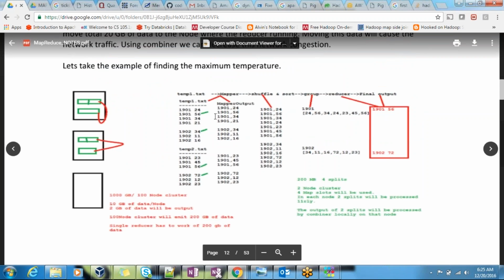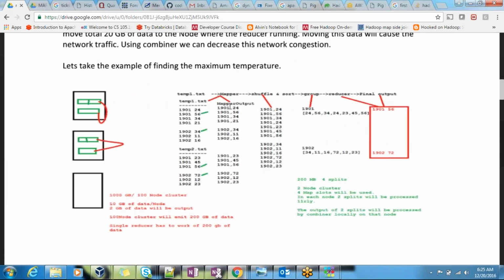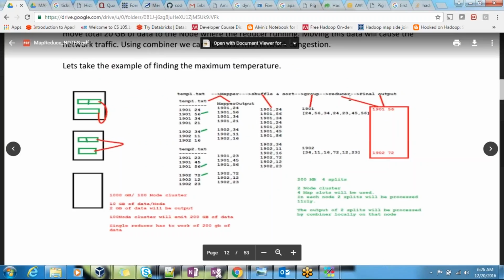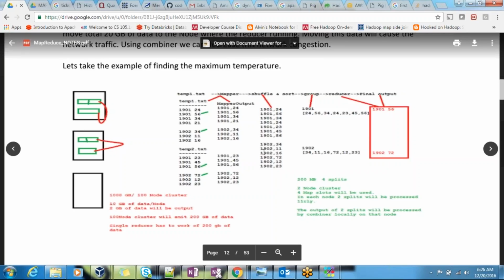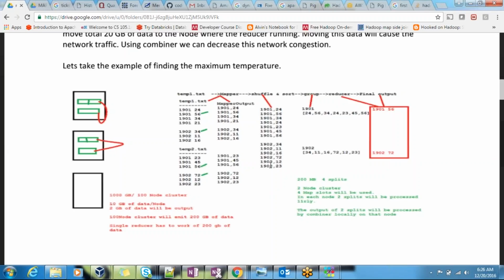A simple example, as I explained: you have year-wise temperature. You will write your mapper code, and the mapper will emit year-wise temperatures, and then shuffle and sort will happen. After shuffle and sort, your reducer will give the final output saying this is this much and this is this much. Multiple mappers are launched, the whole data has been split and is getting processed. Because this is the final grouping, the whole data is going to the reducer. Instead of that,